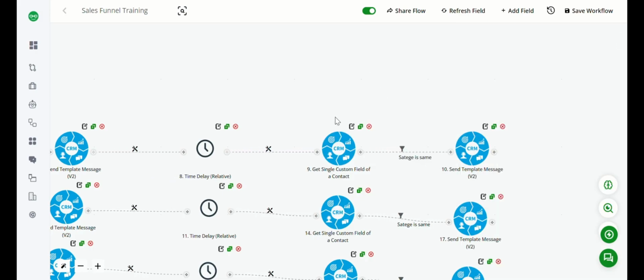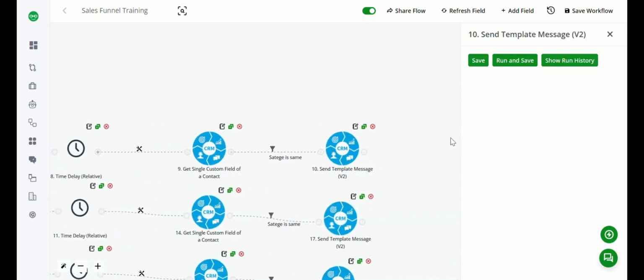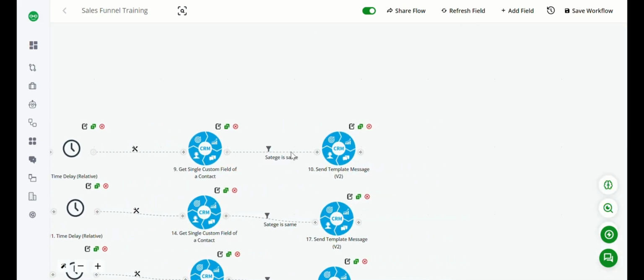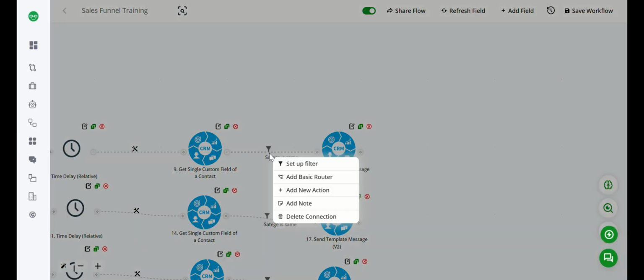So now, if the stage is still in the same stage, then you can again send this message. So first, we will create a stage is same filter, and then from the CRM, we will send the template message. So let us see the stage is same filter first of all.